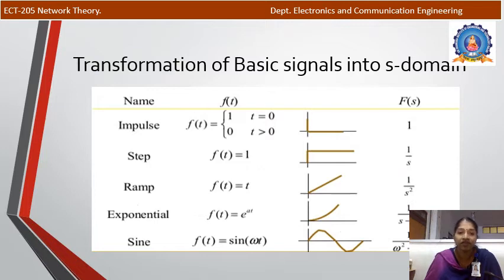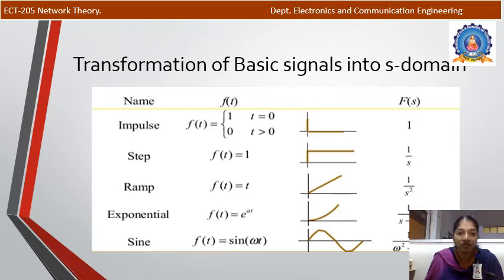So next we will discuss some basic signals that we are using as an input to the circuits. The first one is an impulse. Impulse is nothing but it will have a value when t equal to 0, and it will not have any value when t is not equal to 0. That means it is an impulse. Impulse means a sudden change. Sudden change means it will have a short duration, but it will have an amplitude value for a short duration. So at t equal to 0 it will be 1, and at t equal to 0.1 it will be 0. So this we can represent by using an equation.